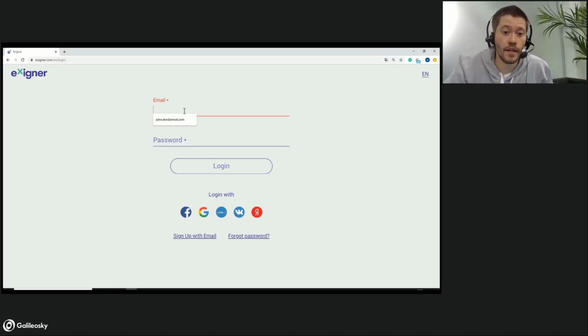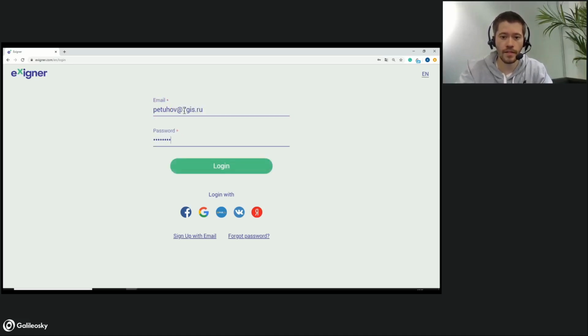Page. Okay, great. So this is how the starting page looks. It's exigner.com. It's the web interface of the service where dispatchers, fleet owners, and fleet managers can work, create dashboards, add devices, maintain licenses, and so on. You register once. I will now just enter my credentials that I already have. And after that, you gain access to your